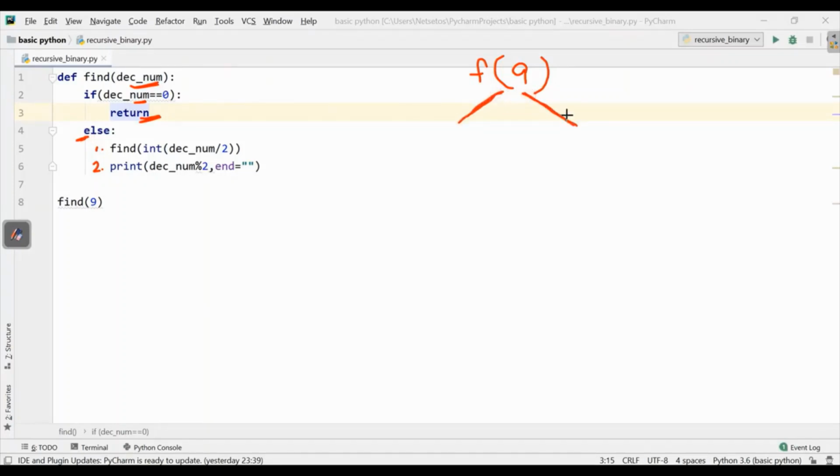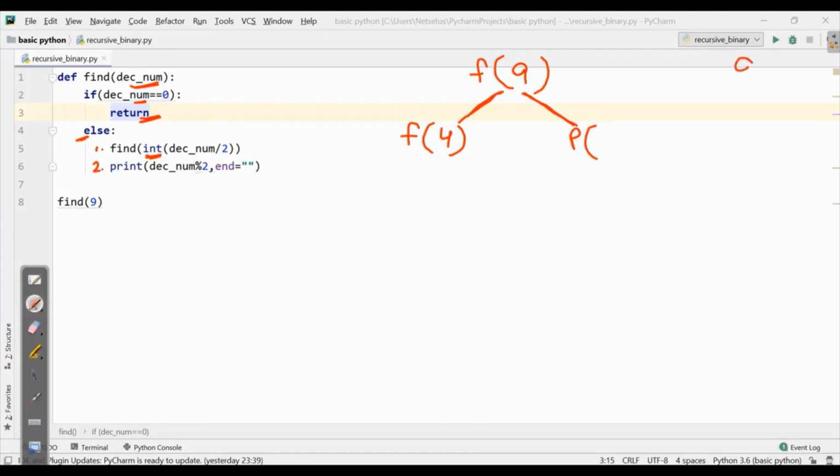First is 9 divided by 2, that means 9 divided by 2 is 4 and it should be int. So here it will come to F4. The second statement is to print its modulus 2. That means when we divide 9 by 2, we'll have 4 as quotient and 1 as remainder. So here 1 will come as our remainder and it will get printed.